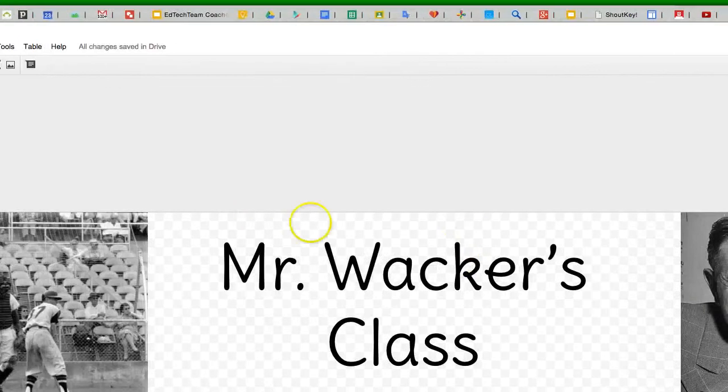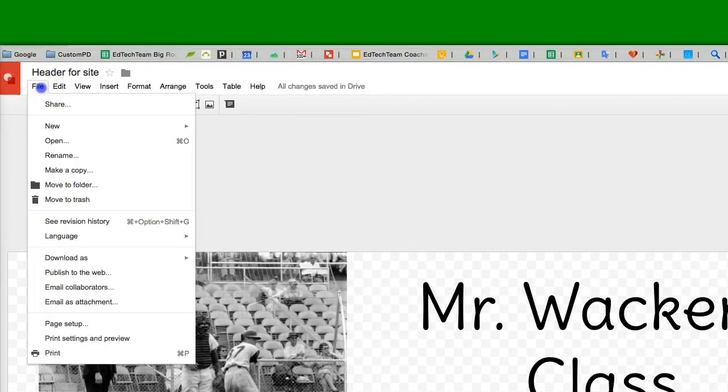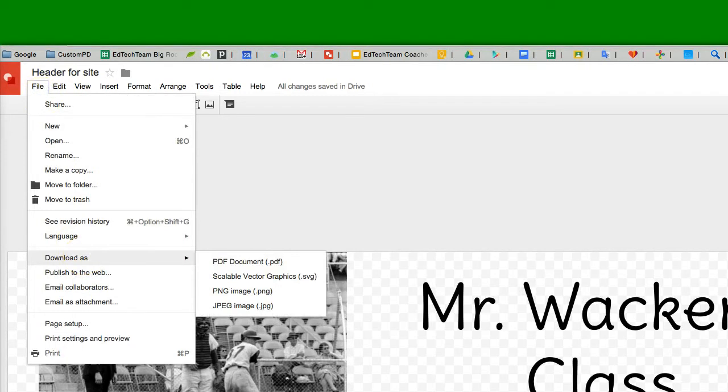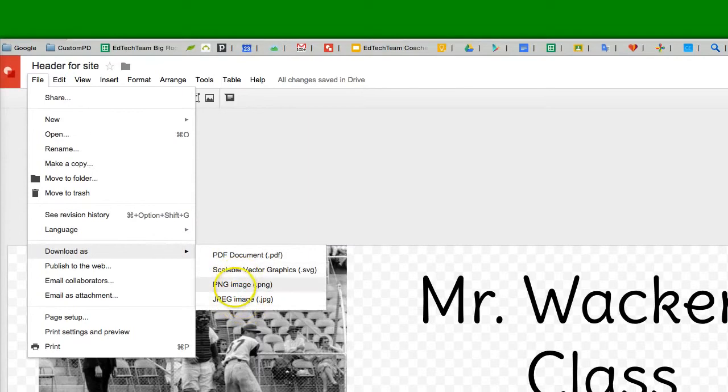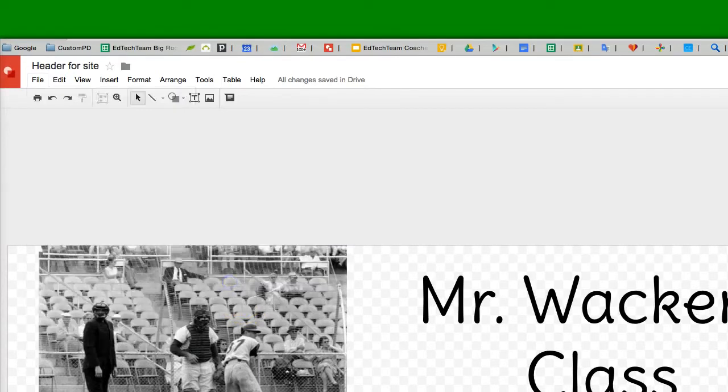Same thing, I'm going to hit File, but this time it's Download As. Now, this is a differentiator depending on what your site looks like and what you want your header to be, but if you still have this transparent background on your canvas, you're going to need to save it as a PNG file and not as a JPEG. JPEG will make the background white automatically. Okay? So once you have your header, you say download as, choose the file, JPEG or PNG, and it should